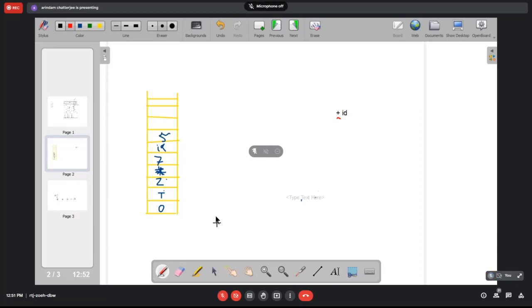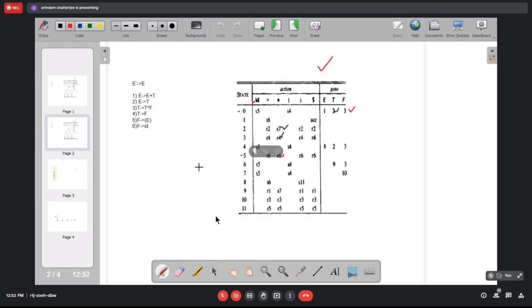Okay. So I am now in state 5. At the stack top is state 5, and I have a plus as the input. So at state 5, if plus comes, let's see what happens. As you can see, R6.